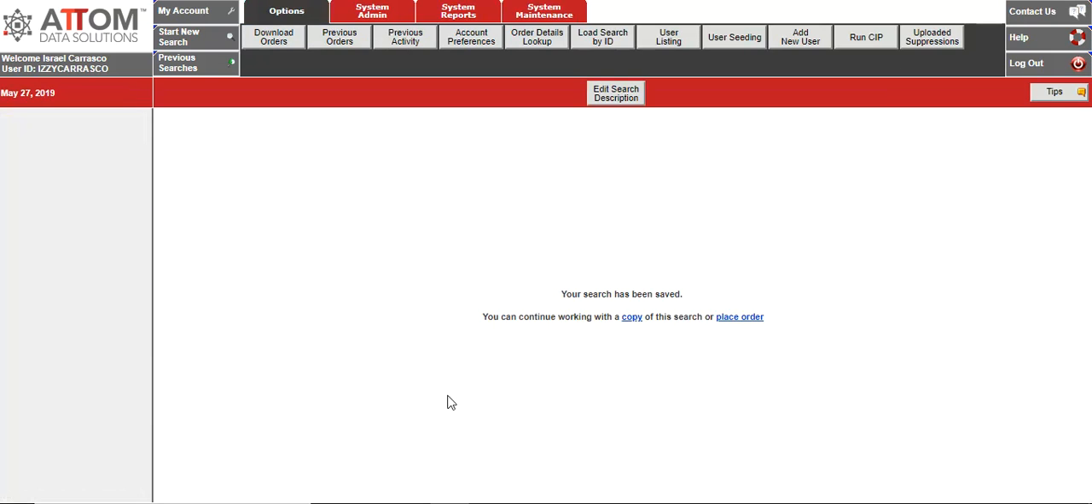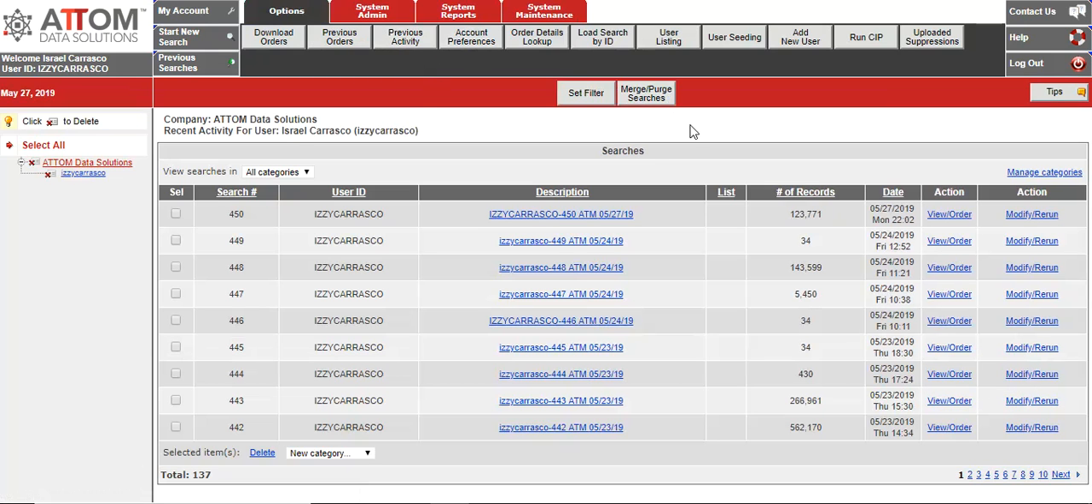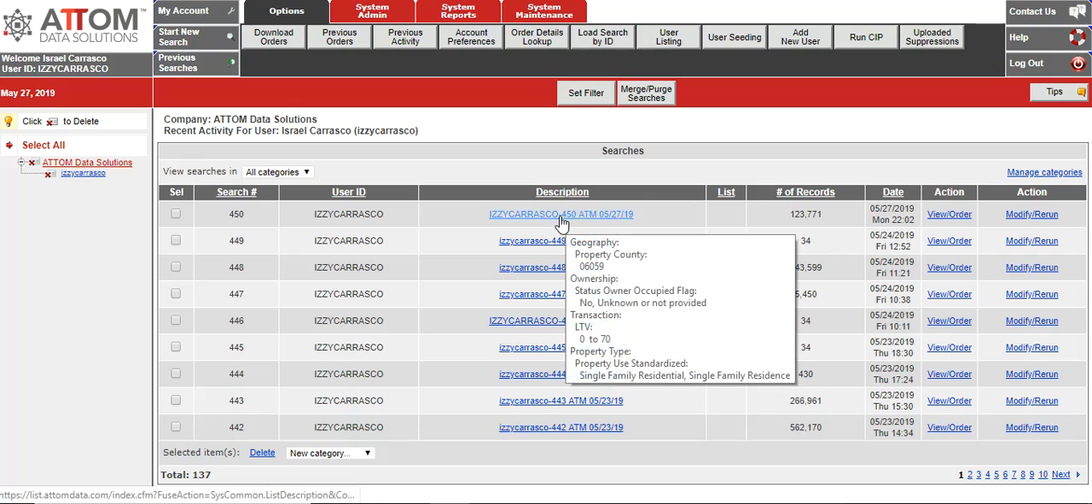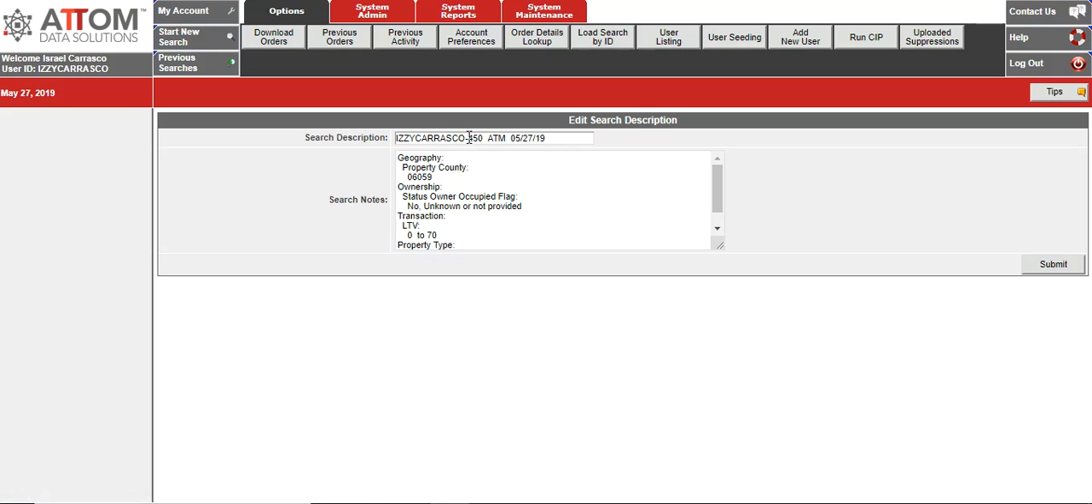And to go back to the same list, you just go to previous activity, and there it is. Once you save it, you're going to want to label it. So here's how you label it. You just left click on the description on your dashboard, and on the top part you would just delete that,